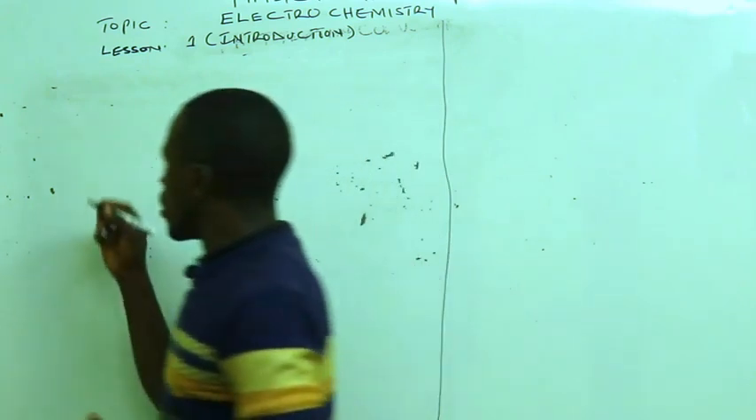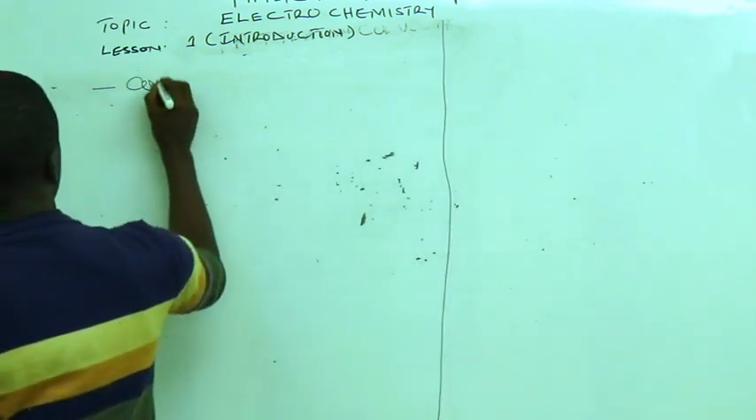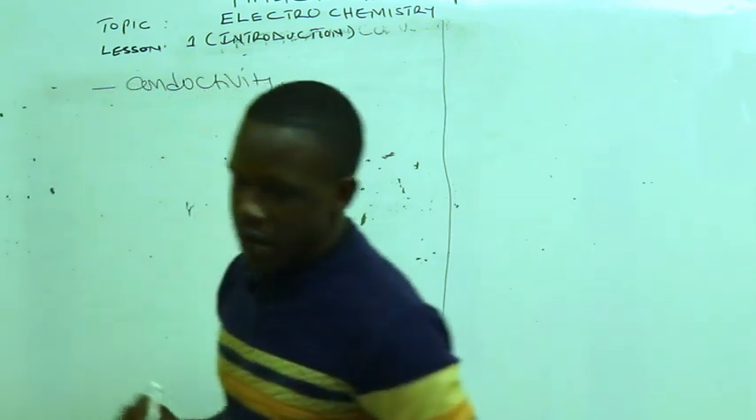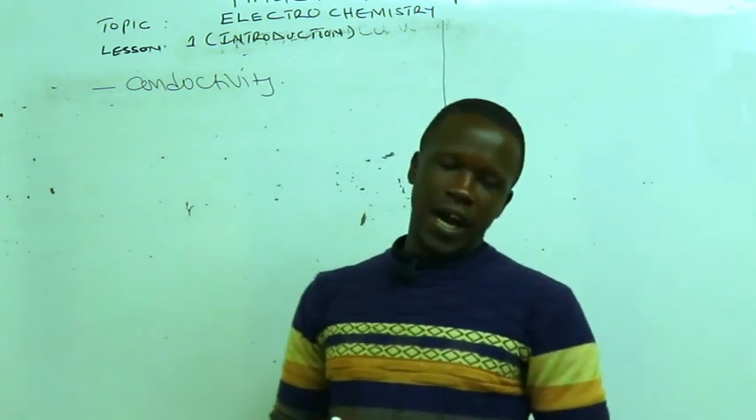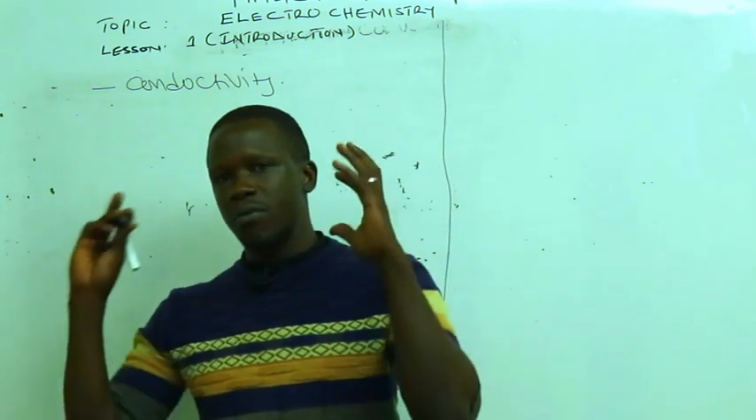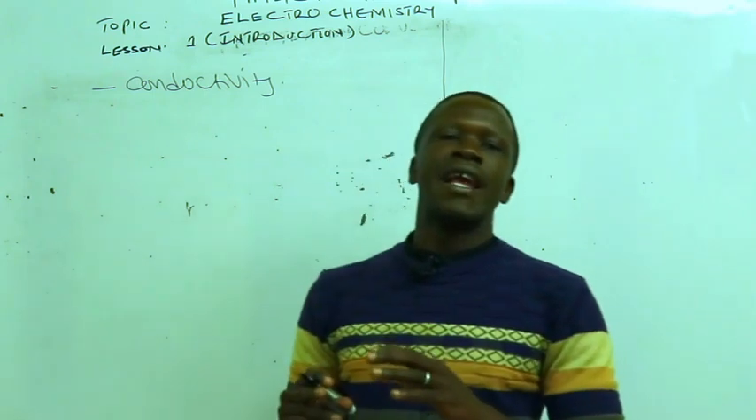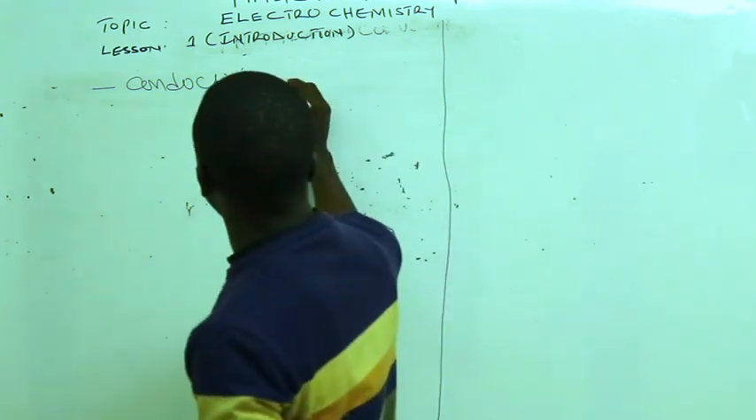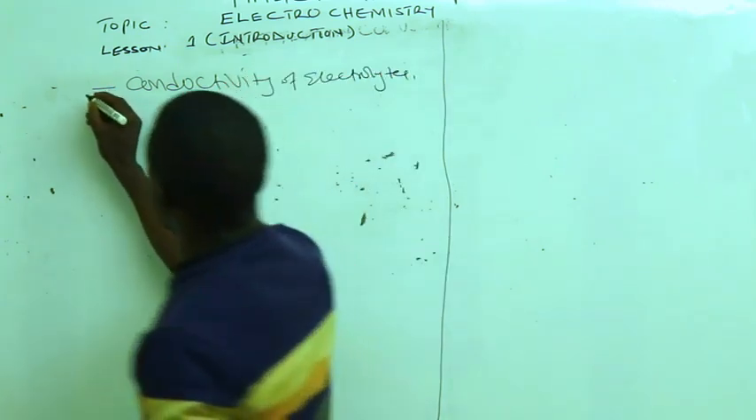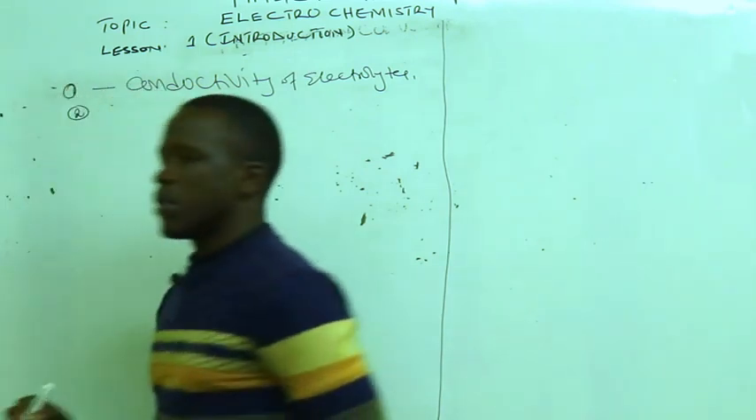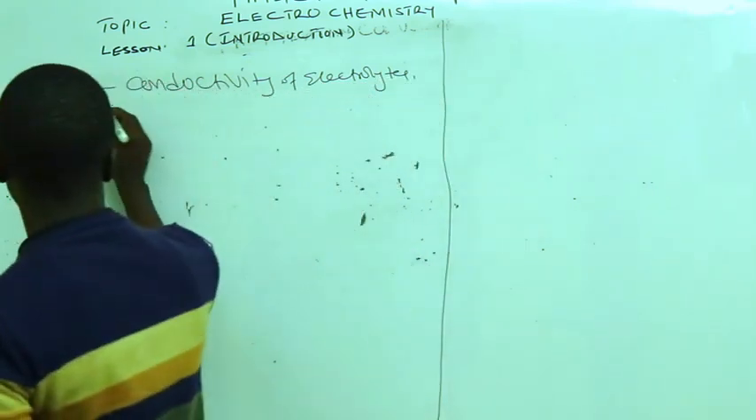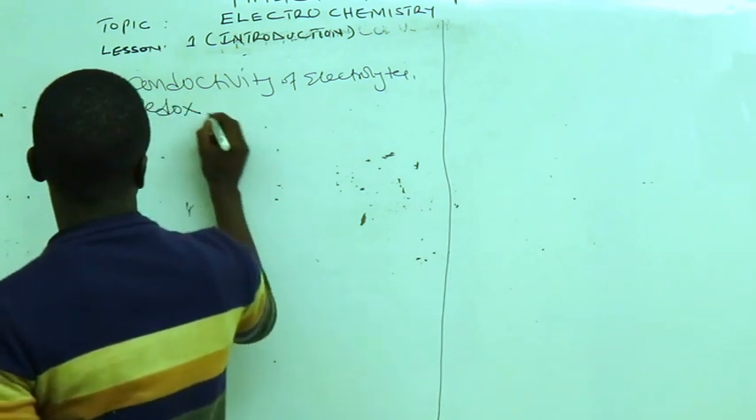In this topic, we shall look at what we call conductivity. We shall understand the meaning of conductivity. And in this conductivity part, different from physics, here we shall be looking specifically at what we call electrolytes. So, conductivity of the electrolytes. And after that, in number 2, we shall also have a view of what we call redox reactions. We shall know something to do with redox